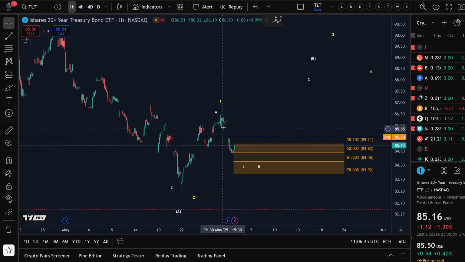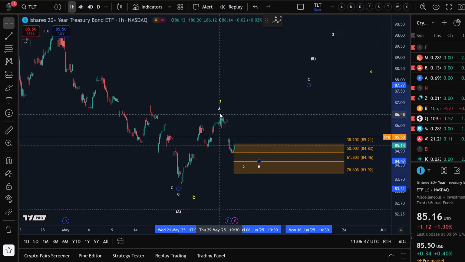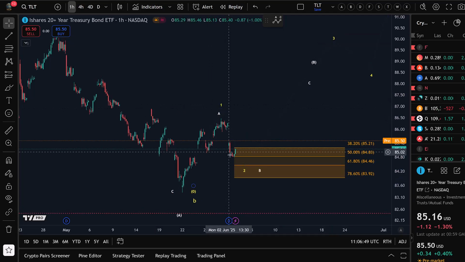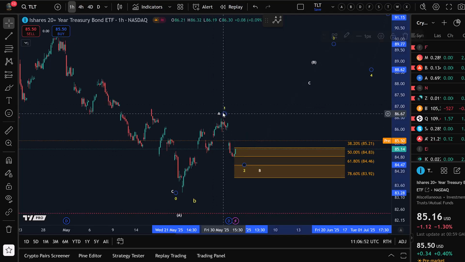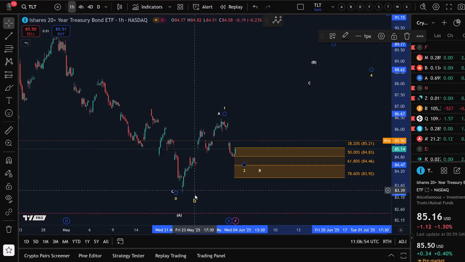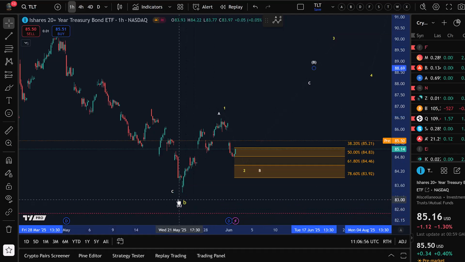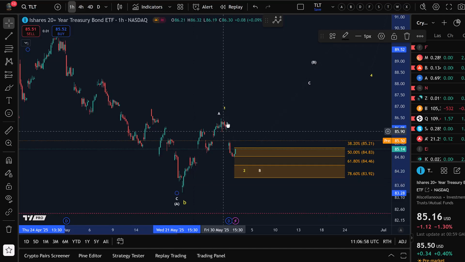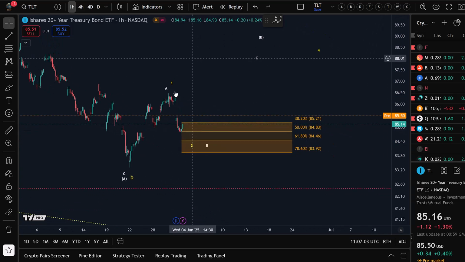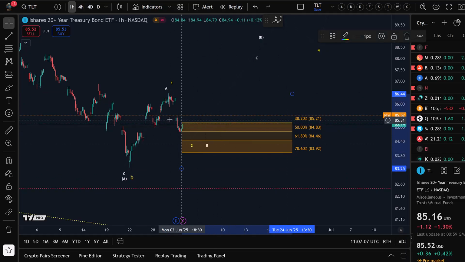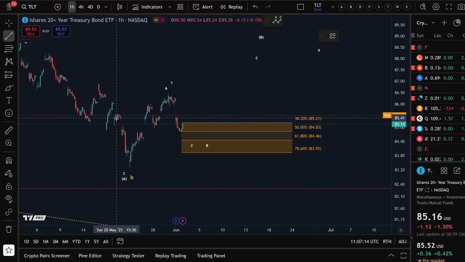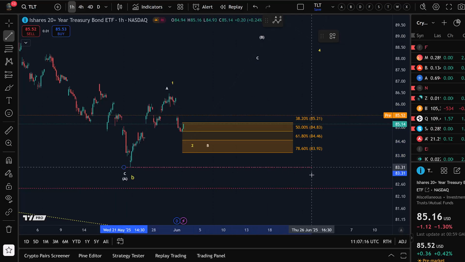You might consider that to be a micro 5-wave move up. The pullback is quite sharp though. But that being said, on the nano level here, Elliott Wave analysis is less predictive. It's about the levels. So what we have here is a pullback into a standard support area. It's important that this low holds now at $83.30 because any break below it would invalidate the idea of a 1-2 setup to the upside,